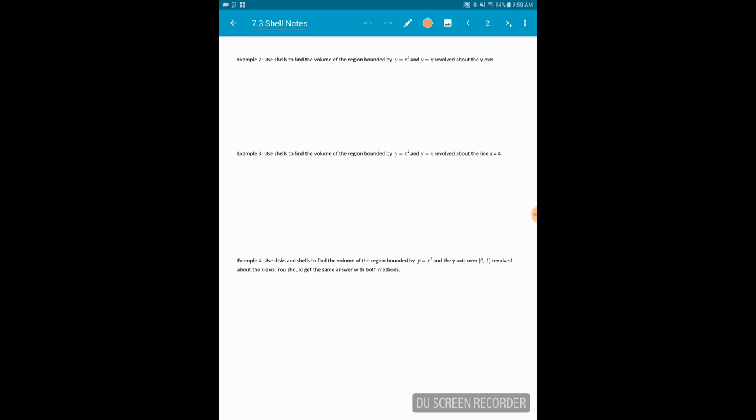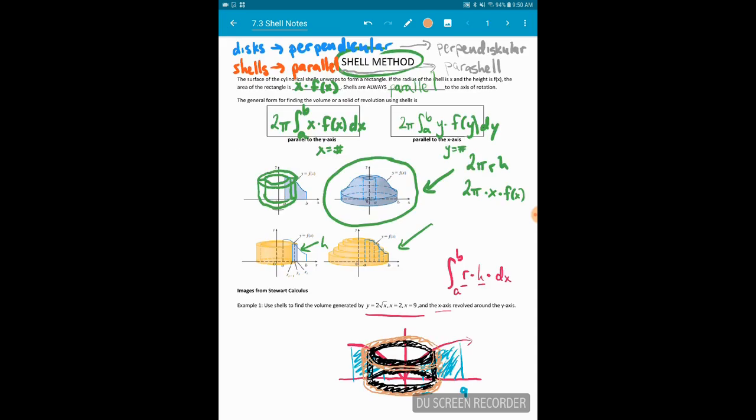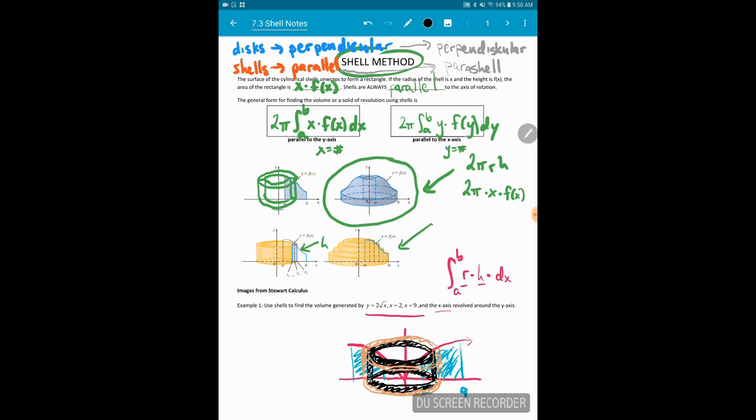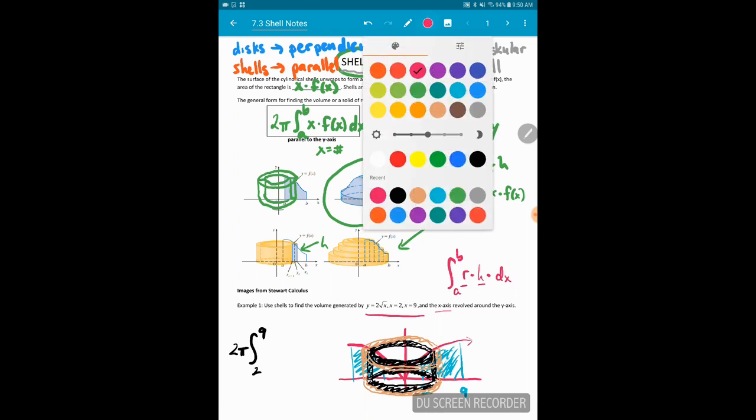If I use shells to find the volume of the region bounded by y equals x squared and y equals x, what I want for this is the integral from 2 to 9, and then I have 2 pi, and then I look at what is my r in each of these cases. My r is always, as I'm looking here, my r